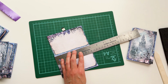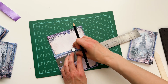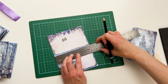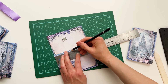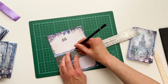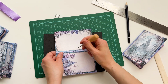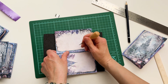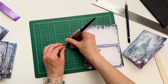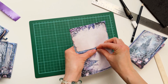I'm going to measure the center here. Oh yeah, and my staple is 1/2 inch. So center is here, so I have to put my first hole here and here. Simply going to punch the holes where the staple will go. You can measure according to your staples or not use staples. Gonna get one off. Just push it in